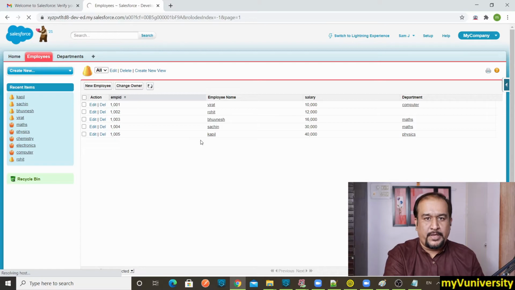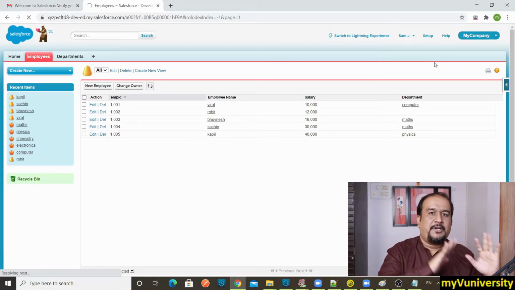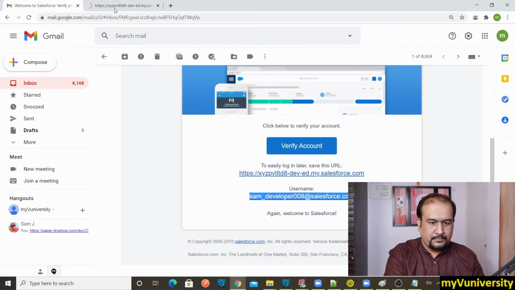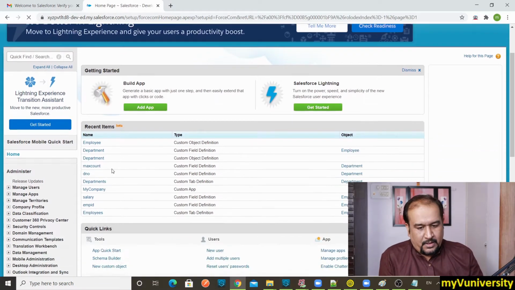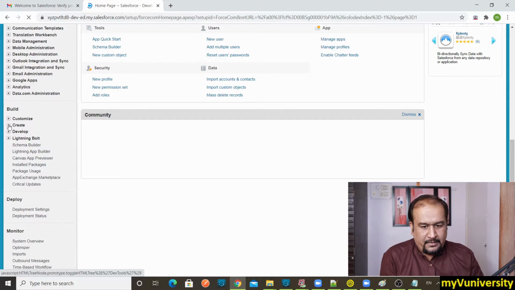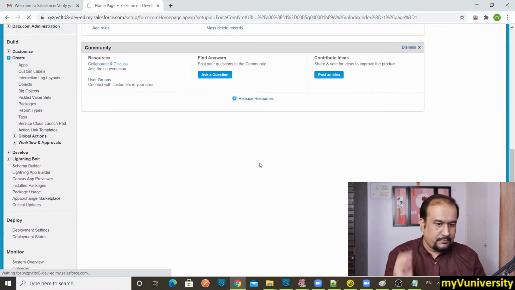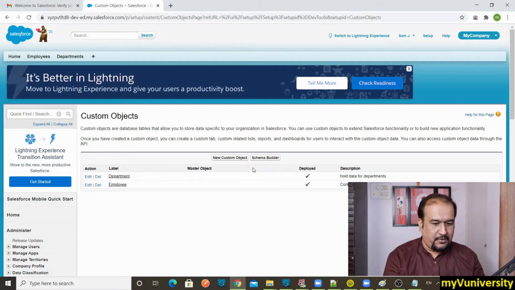I'm just showing you quickly. In case you face a problem with my speed, you can pause the video, do it properly, and then move on. I'm clicking on setup, then create, then objects, and let me create the client object first.